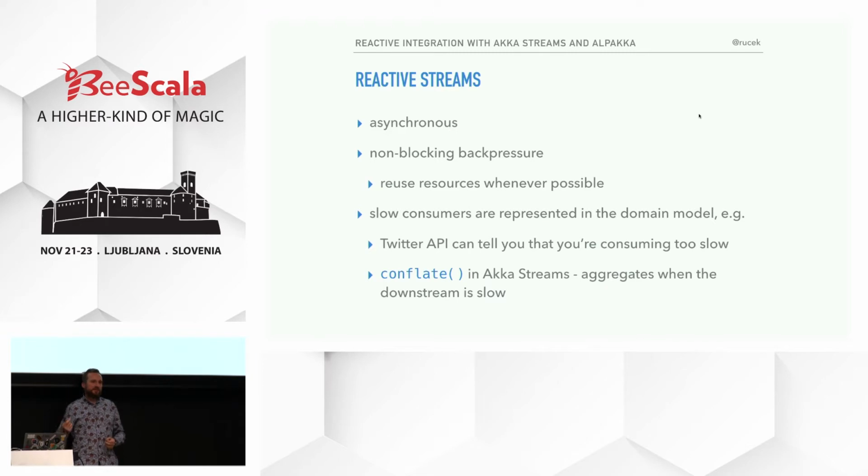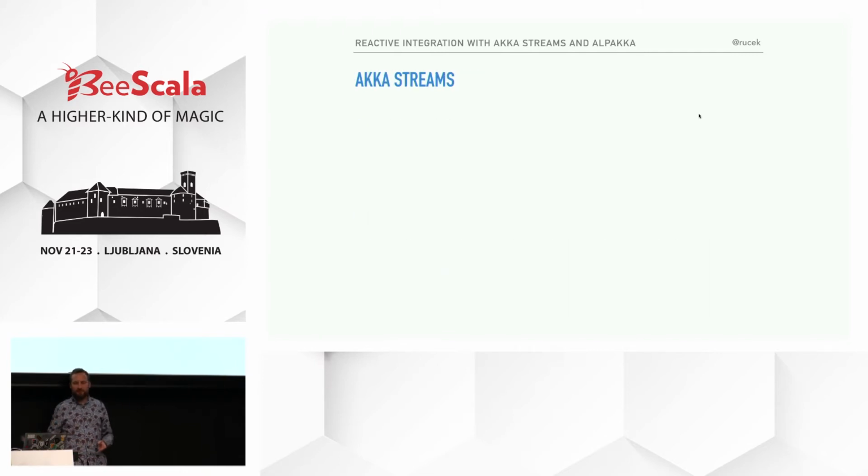But once again, this is not about the particular implementation inside. It's rather about the notion that you already know that something can be slow and there is a way to deal with it. So today, for the demo, we'll be using Akka Streams, which is one of the implementations of